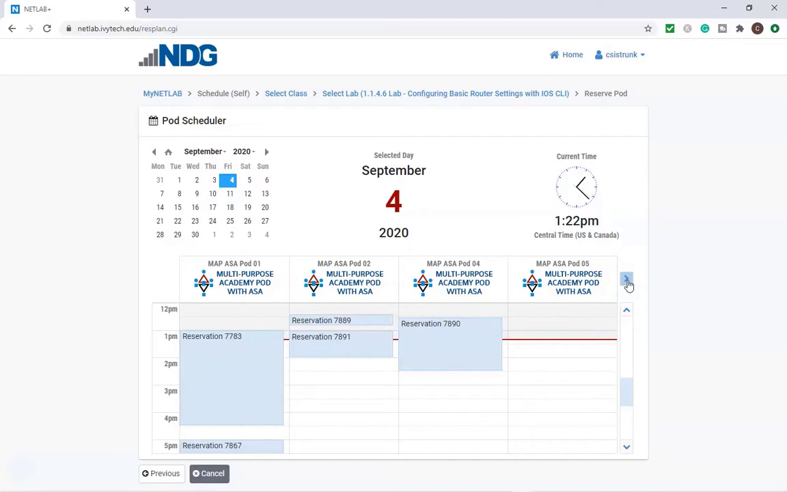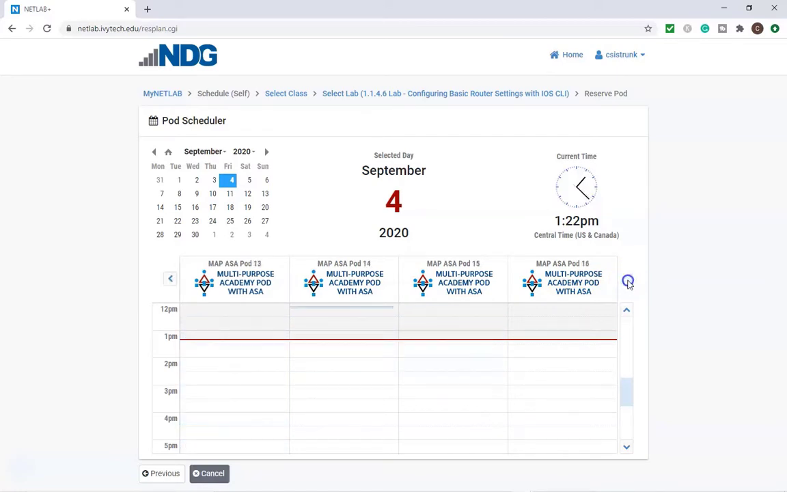Now, you can see that we have multiple pods in here. It's a total of 16 pods, and all you have to do is select your time. But if you're one of them individuals like me, when I go in here, I want to start my lab, all I do is go right under the red line,